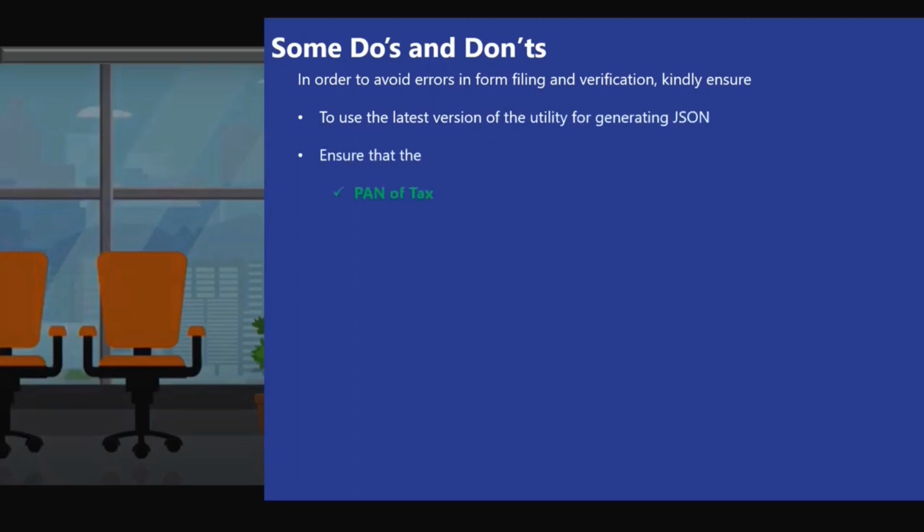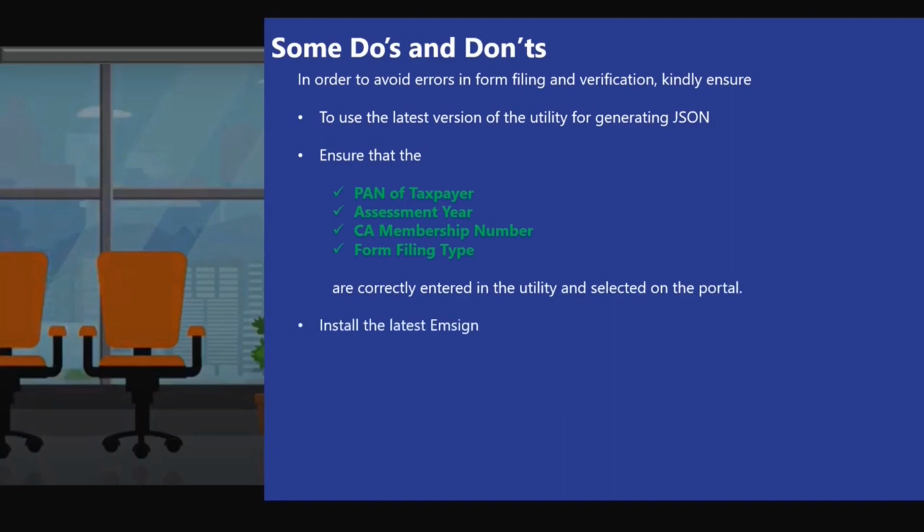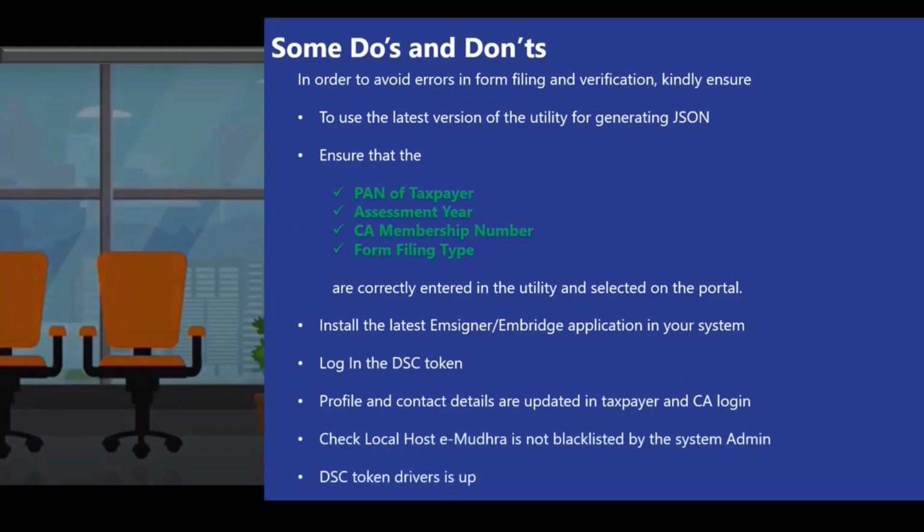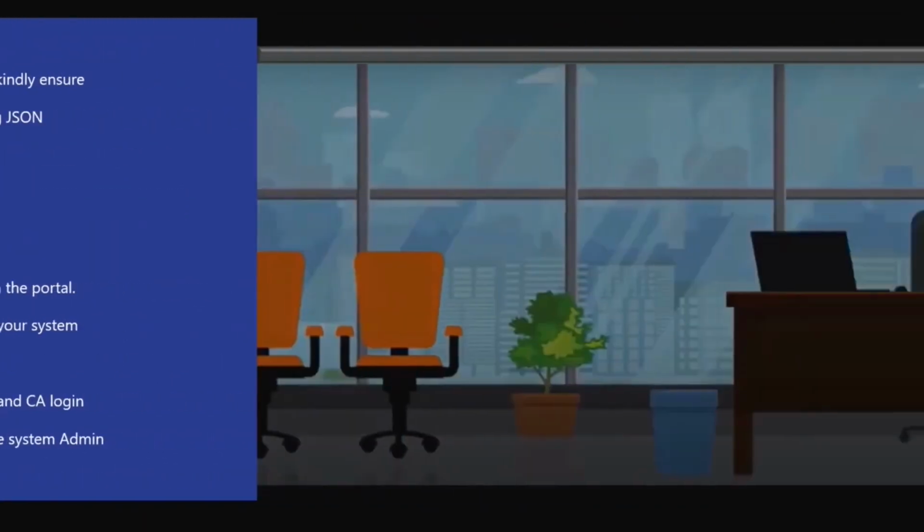Ensure that the PAN of the taxpayer, assessment year, CA membership number, form filing type are correctly entered in the utility and selected on the portal. Install the latest emSigner Embridge application in your system. Log in the DSC token. Profile and contact details should be updated in taxpayer and CA login. Check localhost eMudra is not blacklisted by the system admin and DSC token drive is updated. To know more, you can always visit